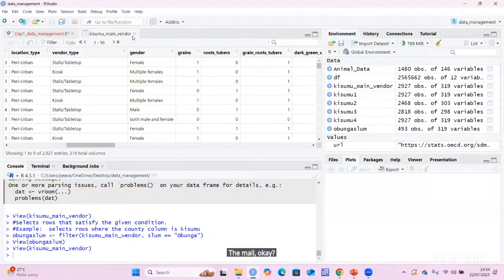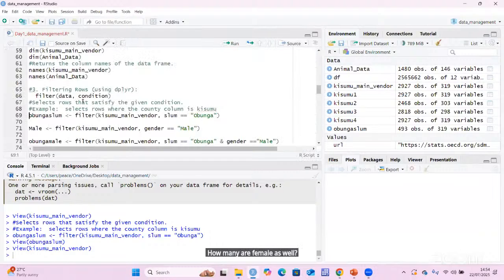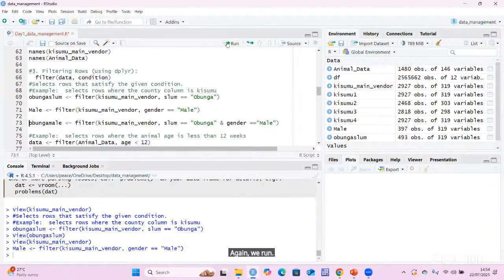And I may ask you to find out how many are female as well in this data set. So again, I gave it a name, male, out of my own will, and I filter from the Kisumu main when the gender is male. Again, we run, and we have the male data set created. This male data set here contains 397 observations, and that means you have 397 males,